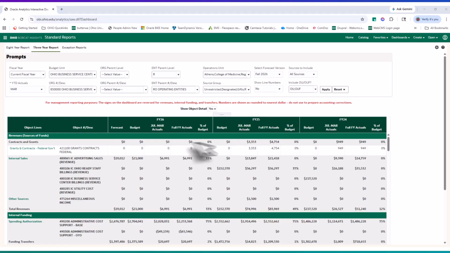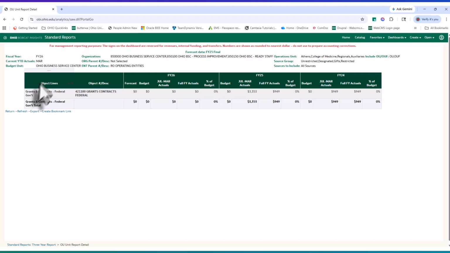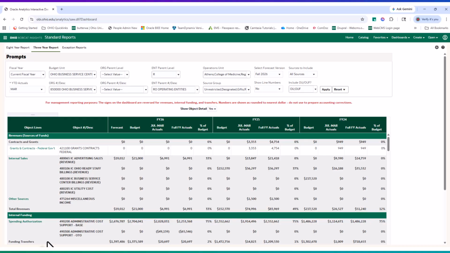Some other key points to point out are regarding the non-bold and the bold object line information. The non-bold green clickable text, you can click here and it will take you over to the full details screen so you can look further into what's going on. In order to go back, you can click down here on what we call the breadcrumbs. There are these blue clickable links at the bottom left corner. You'll want to click back there to get back to your original report.